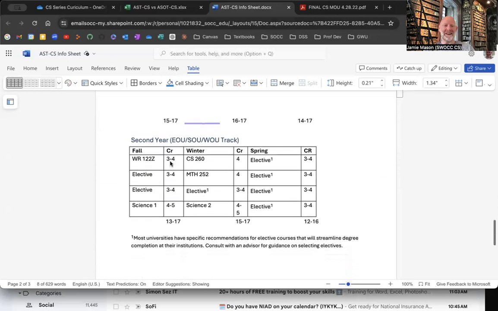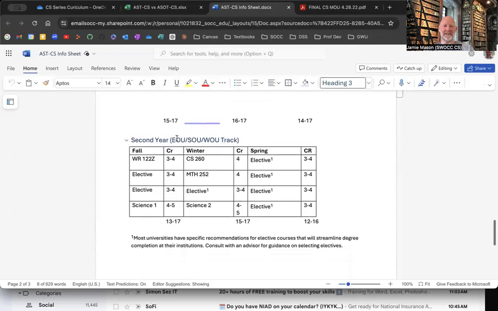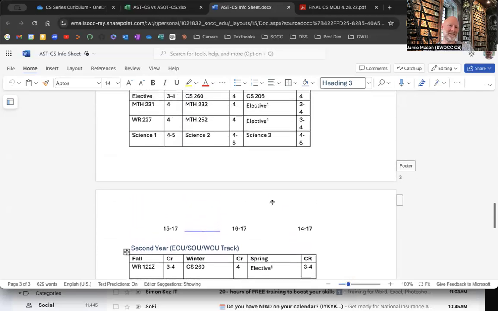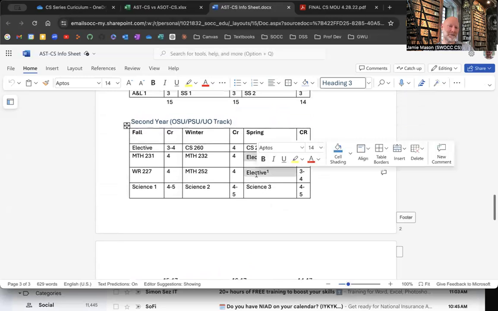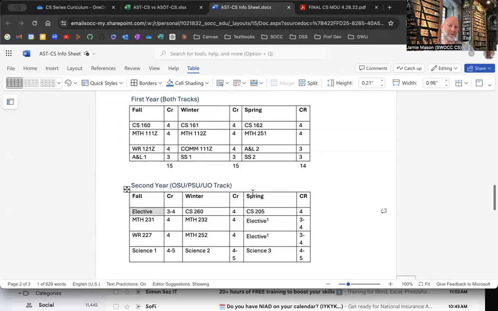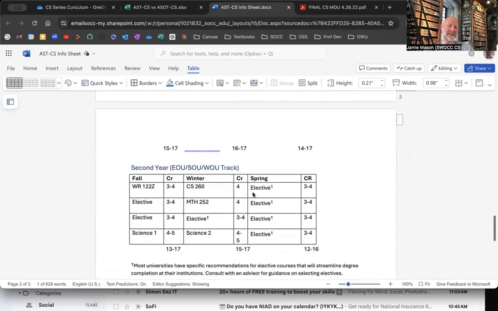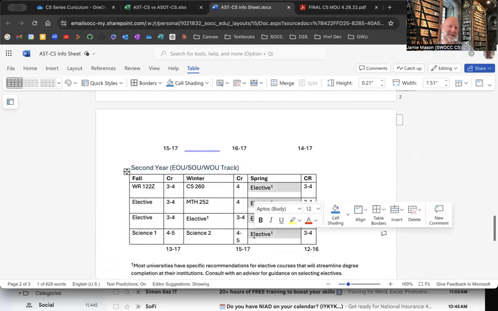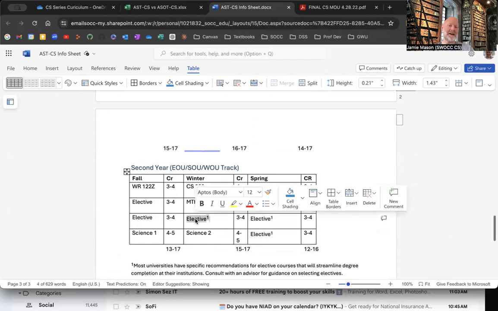And then if you take a look at the other track, the Eastern, Southern, and Western Oregon one, this is the advantage of that track, right? You get a lot of electives. In this one, you have some electives here, and you have an elective here, so you get like 3 electives in there. In this one, you have lots of electives. So this one is good, for example, if you want to go to somewhere that doesn't honor the major